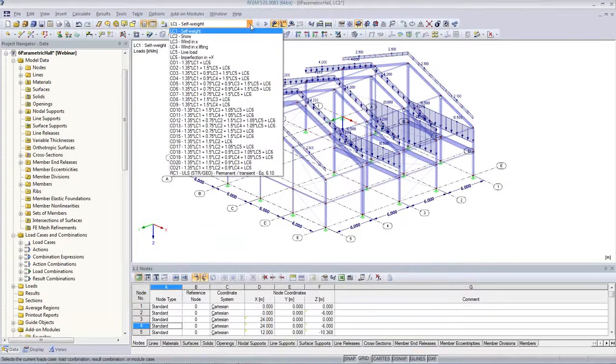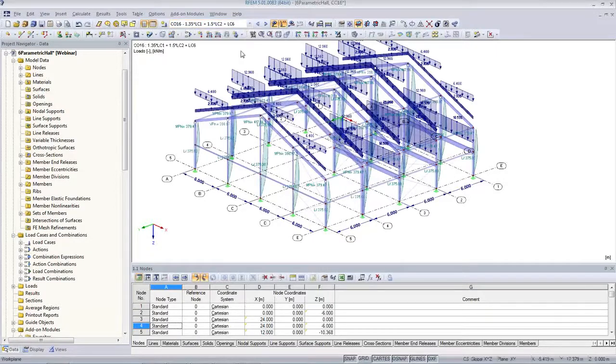Okay, I run the analysis here. I have 5, 6 load cases, also including imperfections like drift and camber. And I'll run the combination 16, which is self-weight, snow, and an imperfection, and I run the analysis. When I do this,